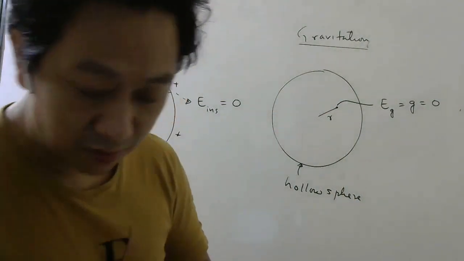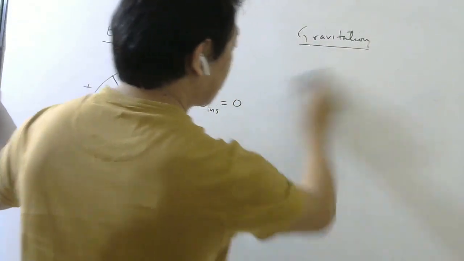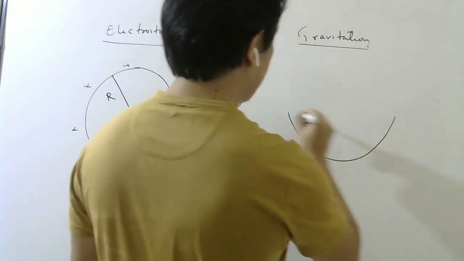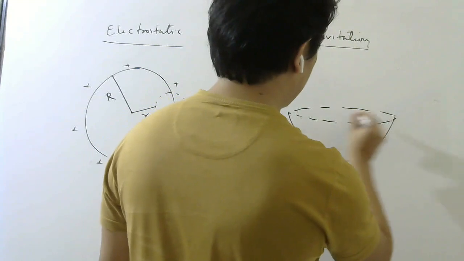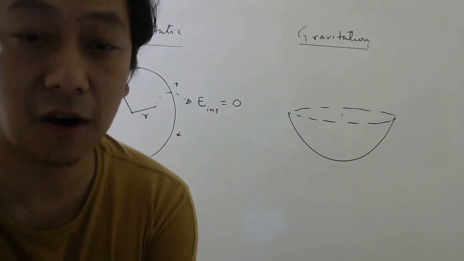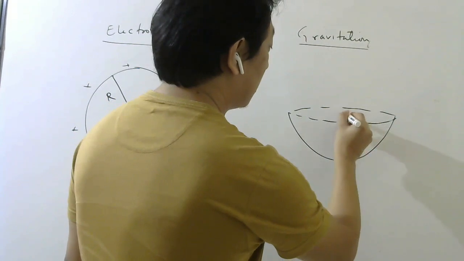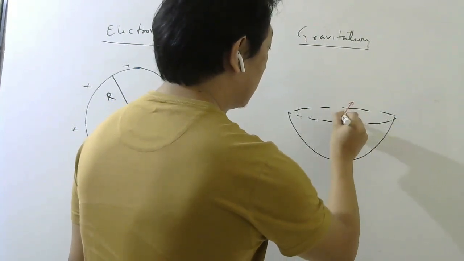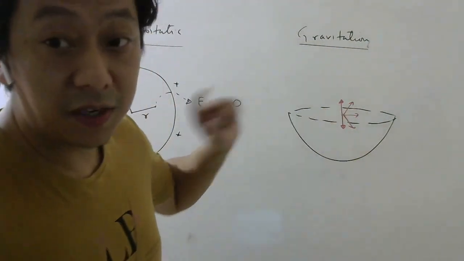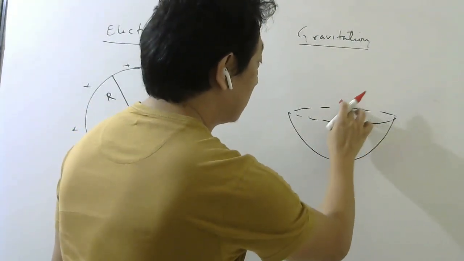Based on this, one very nice question was there in NCERT. They asked that if you have a hemisphere, then at this point, which one will be the direction of gravitational field intensity? This one, this one, this one, like that. Which one will be the direction of gravitational field at this point? The answer is this one. So this is wrong, this is wrong, this is wrong.